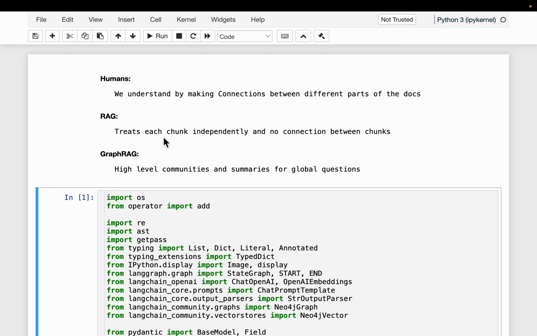For example, questions like what are the main ideas discussed in the book, right? And then we have discussed a new method which is potentially superior to RAG, which makes the connections between different chunks via the nodes and the atomic facts. Okay, so